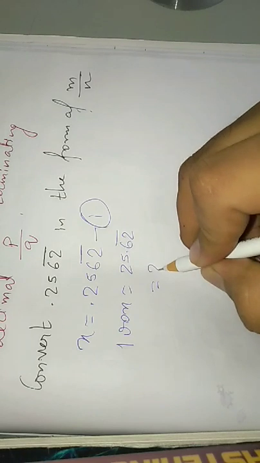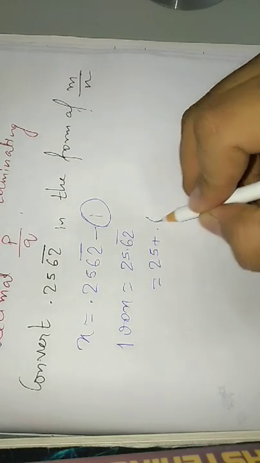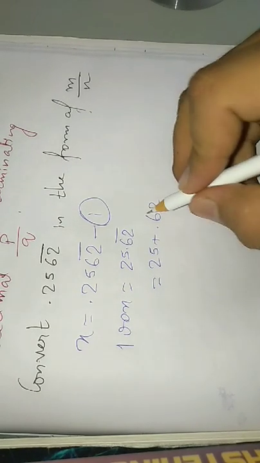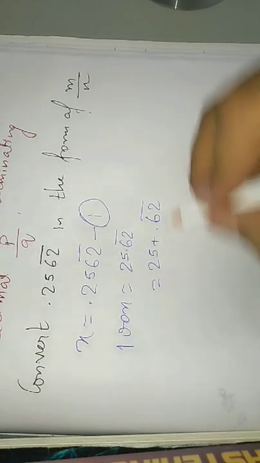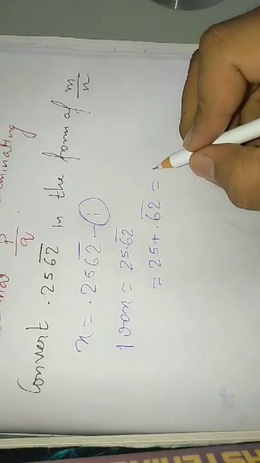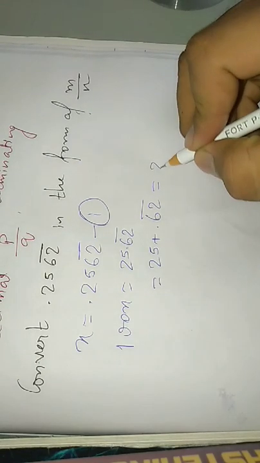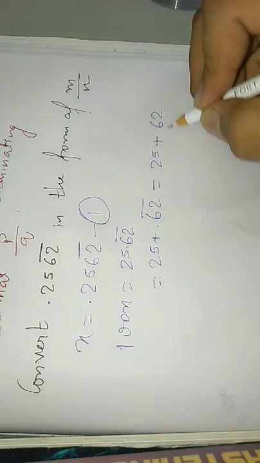Once you have got this, the very next step is 25 plus 0.62 bar, since it was bar over there. So this will be 25 and 62 by